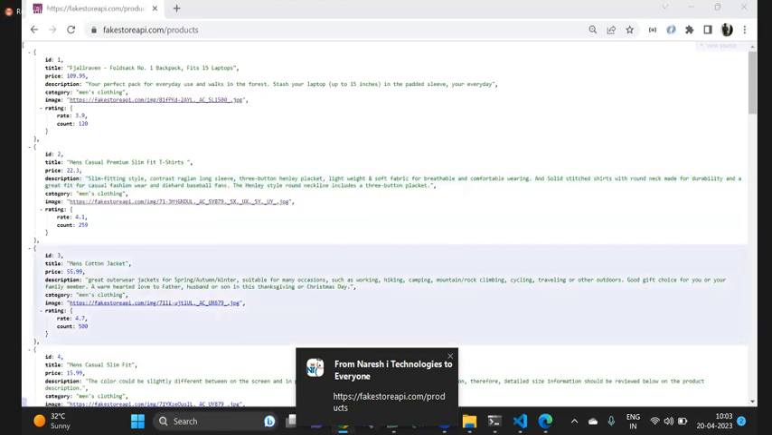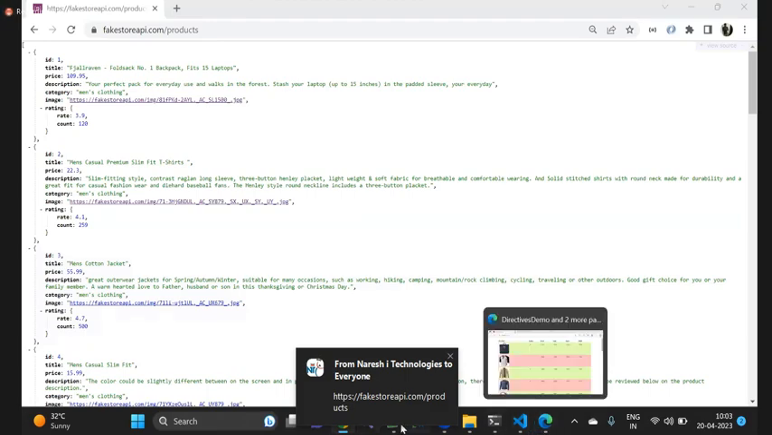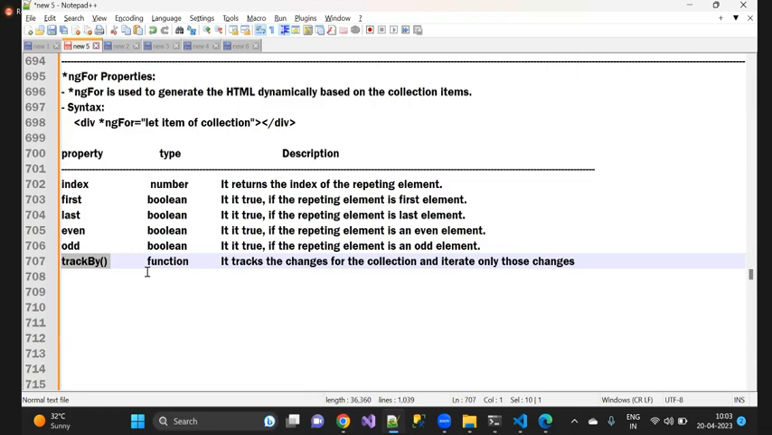Now you see, we have what? This one, what it is. The next one is the trackBy, and the last one with respect to the ngFor. Now what will it do? Suppose, let's say